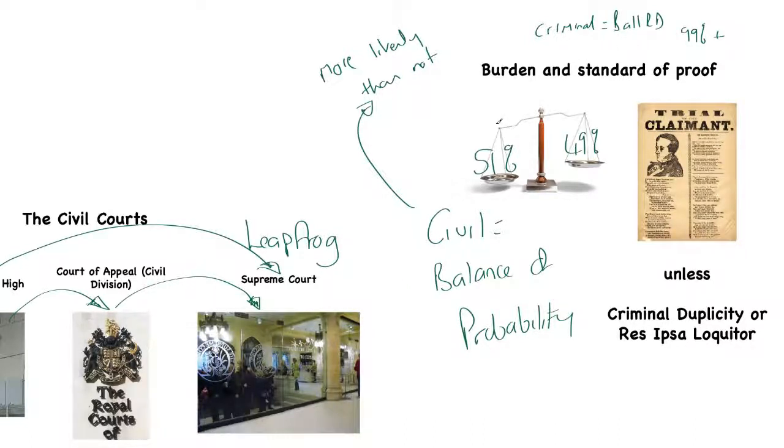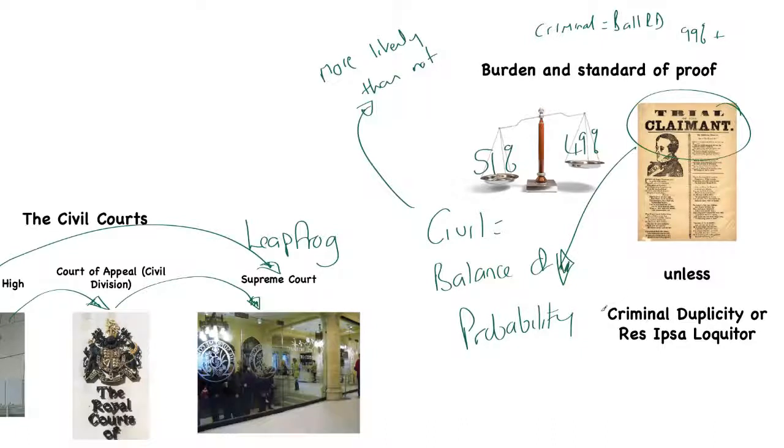In a civil case, where we are just looking to put the claimant back to the position they started from, we can use a lower standard of proof, and that standard of proof is going to be the balance of probability. The burden here is on the claimant. So it's the claimant that has to prove on the balance of probability that the defendant had a duty of care, breached that duty of care, and that breach was not too remote and that the defendant caused it. So it's on the claimant.